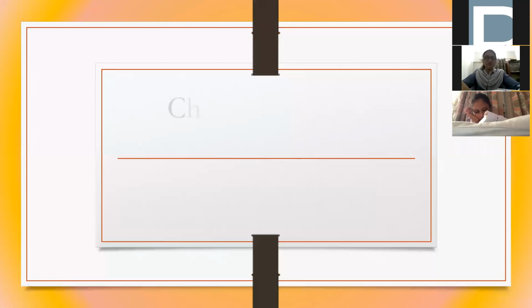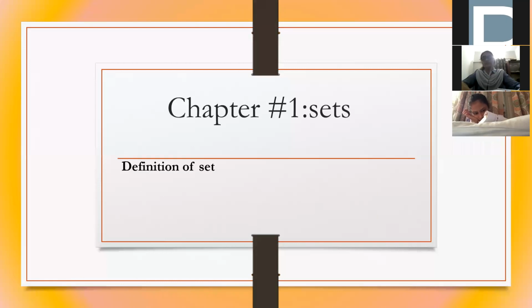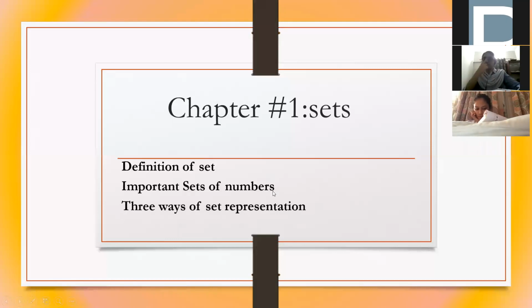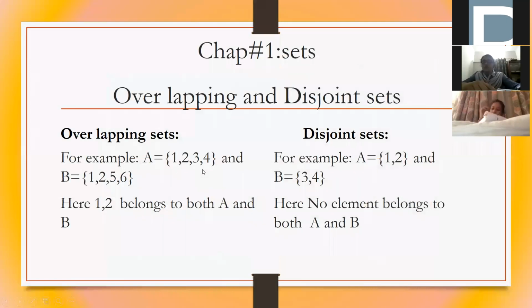So we were discussing chapter number 1, sets. We have already discussed definition of set, important sets of number. This is very important video. Yesterday I asked you to just memorize all the sets of number, which is on page number 2. I hope now all the sets of numbers are learned by you. Then we have discussed 3 ways in which we can represent the set, right? Set builder, descriptive, and tabular. Then we have discussed types of set. We have already discussed these topics. Okay, so moving on to the next one,